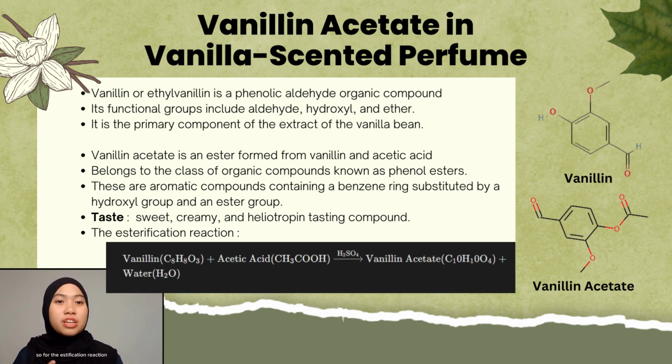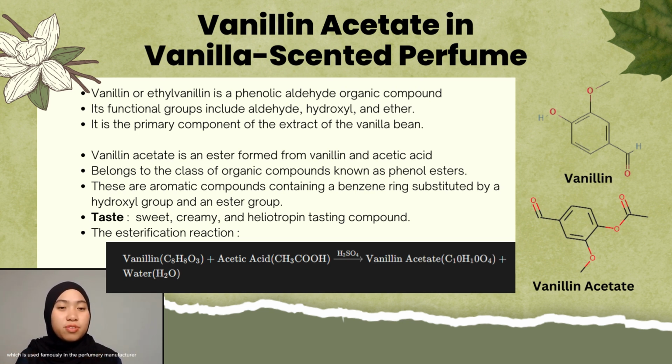The esterification reaction for forming vanillin acetate requires a catalyst, and the catalyst we use in this reaction is sulfuric acid. Sulfuric acid acts as a catalyst to facilitate the formation of the ester bond between the ethyl vanillin, or vanillin, and acetic acid molecules. This esterification reaction is really important in the synthesis of vanillin acetate, which is famously used in